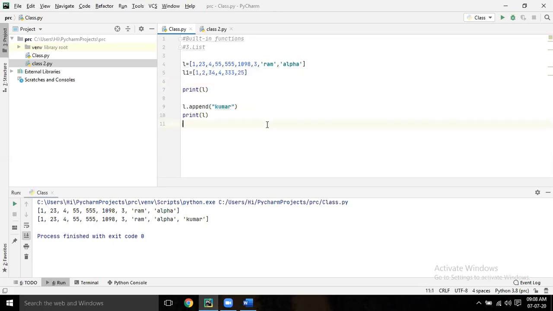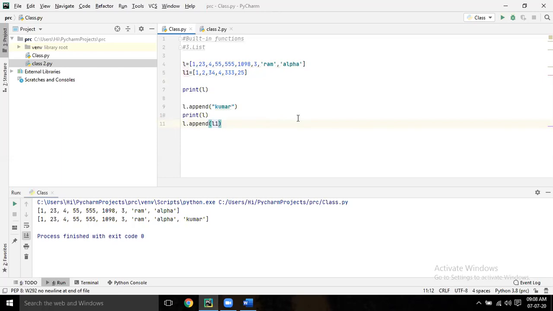There you write L dot append within bracket L1. What will happen here? What am I doing? L1 adding to L. Correct.